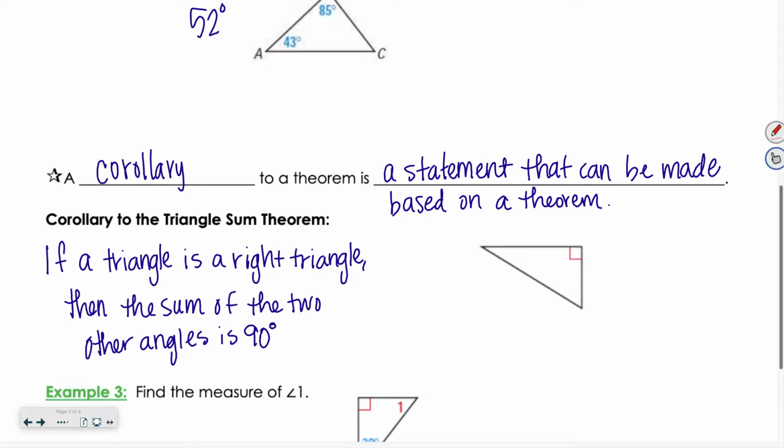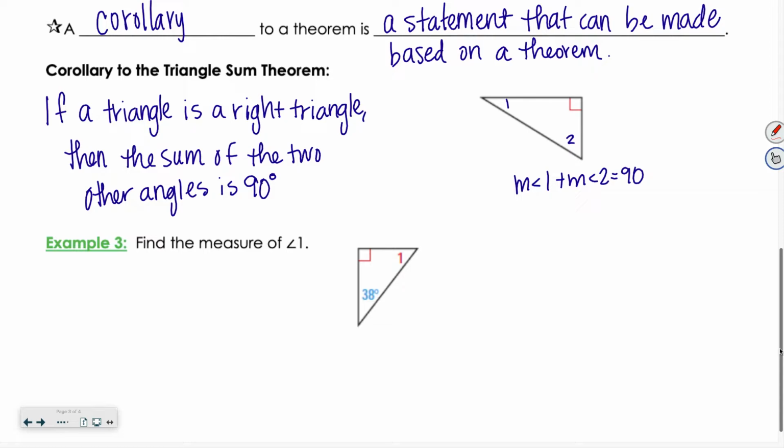If a triangle is a right triangle, then the sum of the two other angles is 90 degrees. So if this is angle 1 and this is angle 2, then the measure of angle 1 plus the measure of angle 2 has to equal 90. Now, the reason that this is a thing and why do we need this is if you have a right triangle,